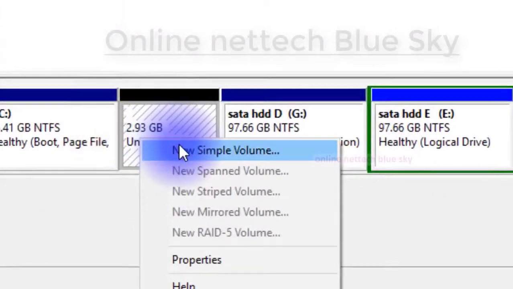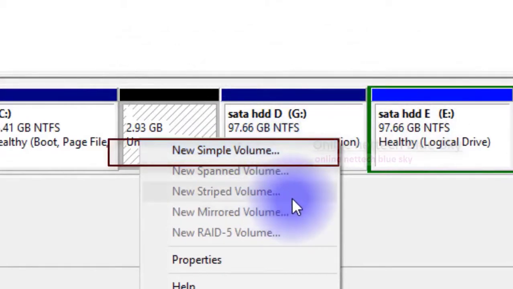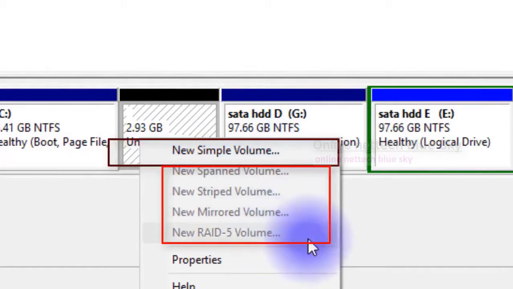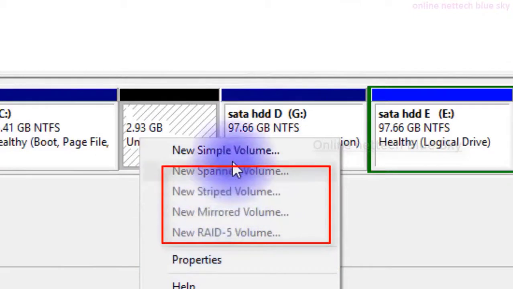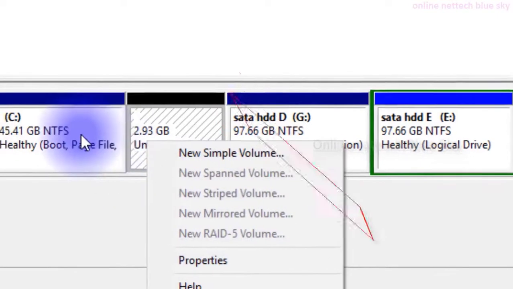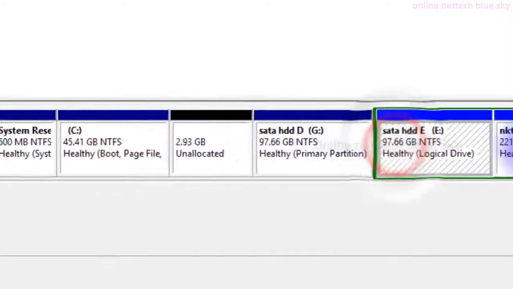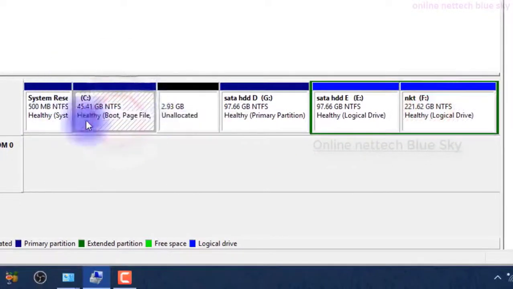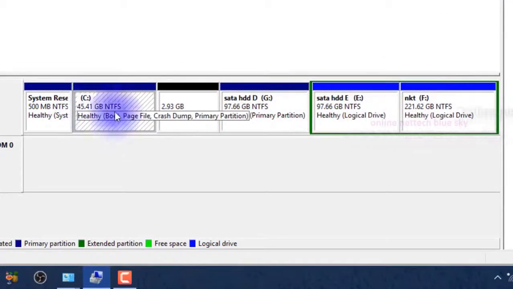You can create a new simple volume, which means partitions, and different types of partitions are available: spanned volume, striped volume, mirror volume, RAID-5 volume. Different partitions work for different purposes and different technologies. You can see partition C and the free partition, and inside it the logical partition.